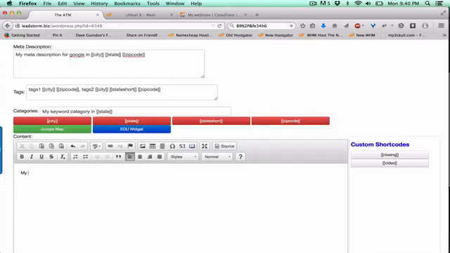Just for the sake of the example, I'm going to keep it just very simple, very short. My new content about my keywords and city, state, zip code, so that gives you a good idea. Now we also have a few other things you could do, such as a Google map. If you wanted to add a Google map,